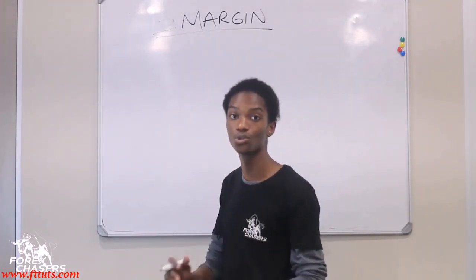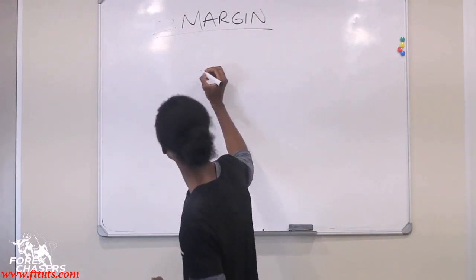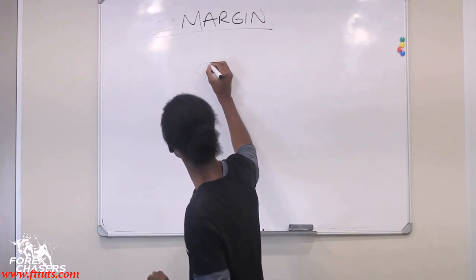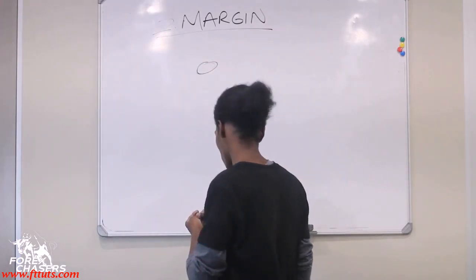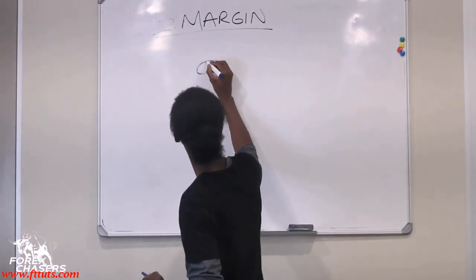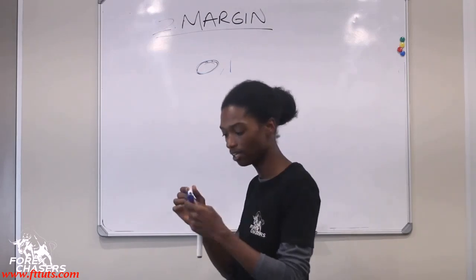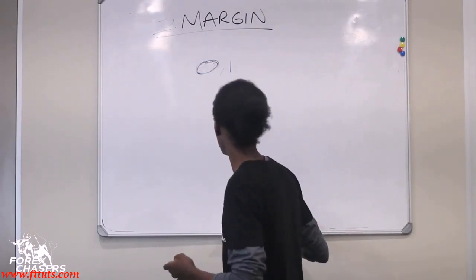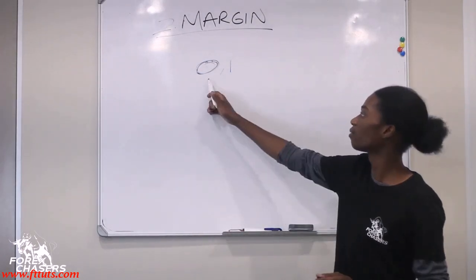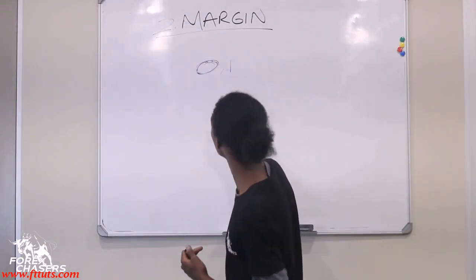So we are opening a position at 0.1, which is 1 mini lot. And 1 mini lot, as we discussed, is actually